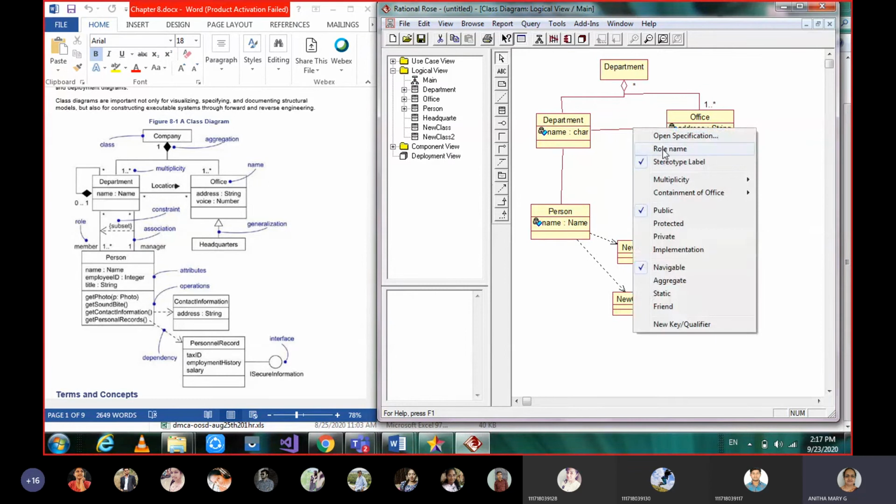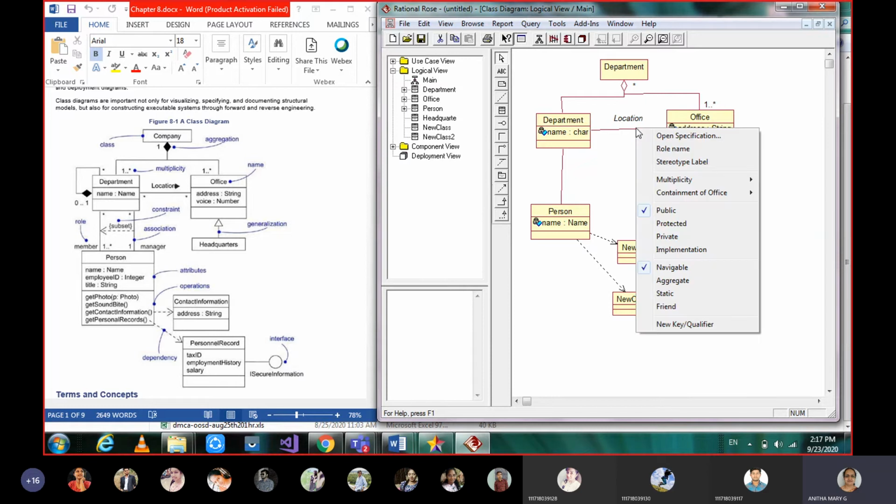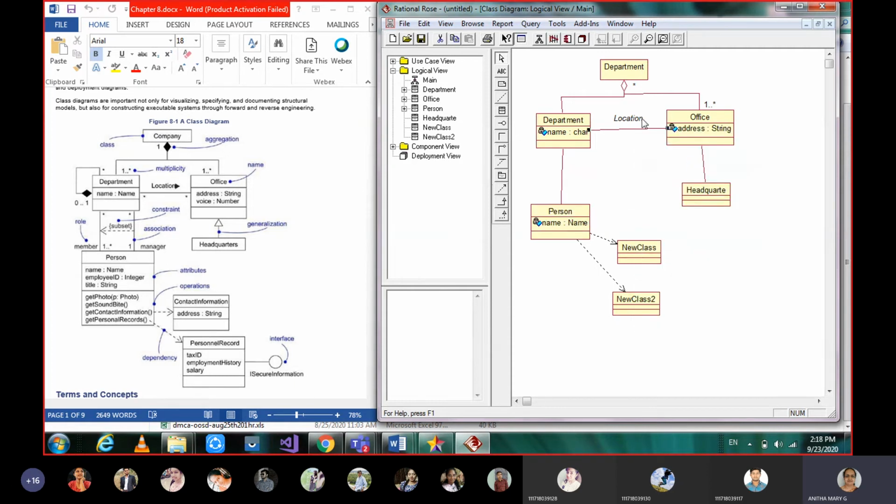And role name means, maybe department role name, or if you have person and company, the role names we give are employee, employer, like that. And stereotype label. You can also see other adornments it is giving: by value, by reference, unspecified mode, stereotype label.